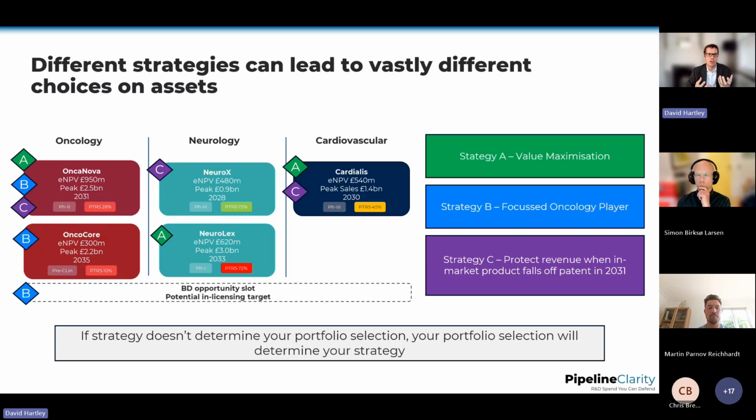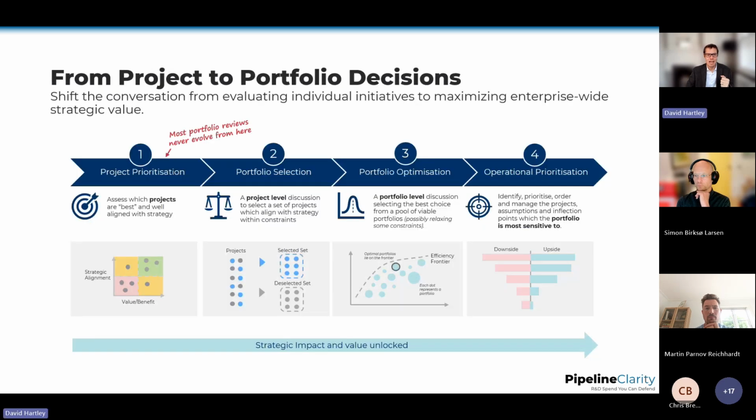And for me, that's a good example of how the portfolio review process can also have major strategic implications depending on the choices that are made. So in this toy example, we've done some portfolio selection and tried to align that to strategy. Great, we've done a portfolio review. Well, not quite, because in practice, what we have done here, I would say, is one of the early stages